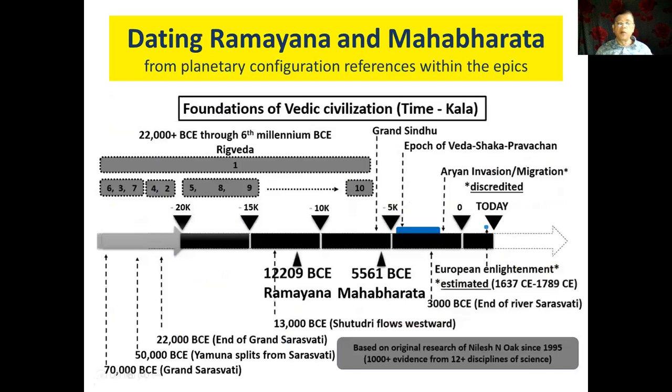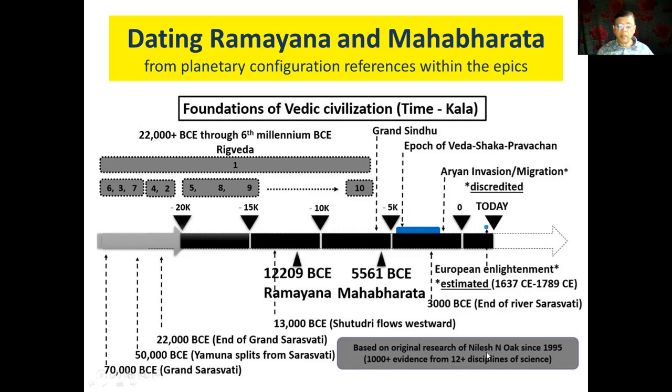And using that, nowadays, lots of people have tried to date when Mahabharata could have happened, when Ramayana could have happened. And this is something which is not as yet totally accepted. Many different people have different views on that, and they come out with dates, which is interesting to note. For example, this particular calculation done by